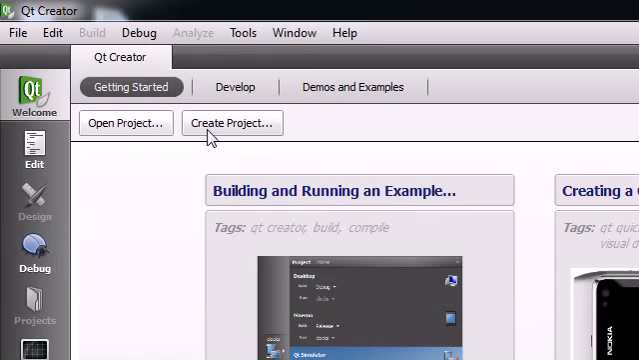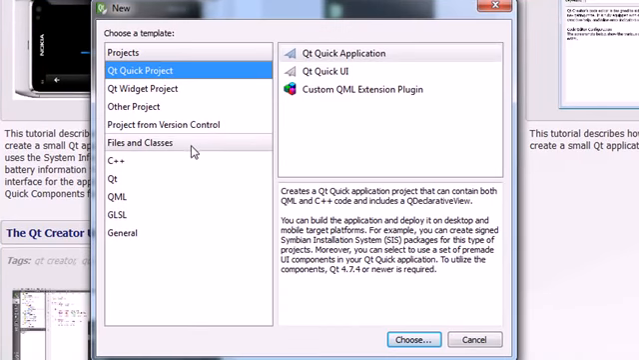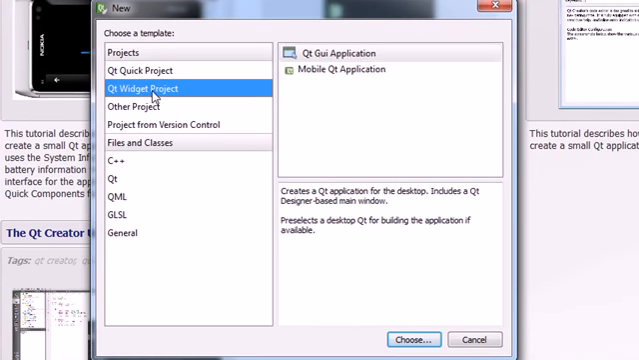So the first thing we want to do is create a project. Go ahead and click this button, or you can also go File, New File or Project. Either one, whatever you feel like. Now what we want to do is a Qt widget project, and once we click that, we have two different